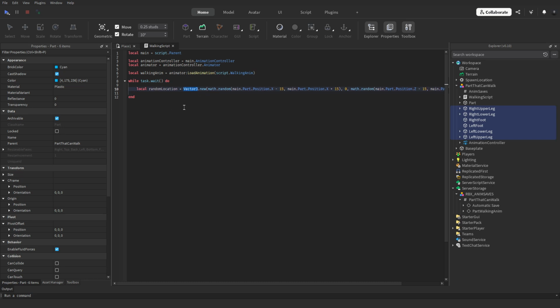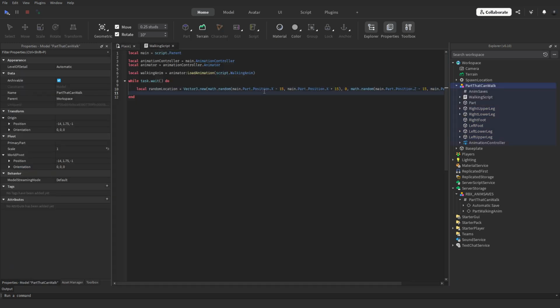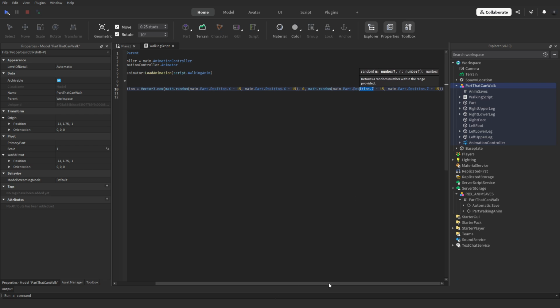Vector3, that's just like X, Y, and Z. We're gonna change the position with it. .new, and then math.random, it'll pick a random number in between the 2 numbers you give it. So I did the main.part, which is this part right here, .position.x, because we're doing the x first. It's x, y, and then z. -15, and the highest number it can go to is +15. And then 0 on the y, because I don't really want it to start flying. Maybe you do, I don't know. And I did the same thing on the z, but I just changed the position.x to position.z on both of them. I just realized,